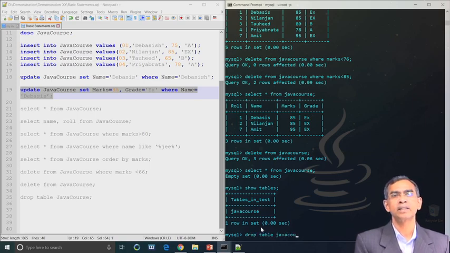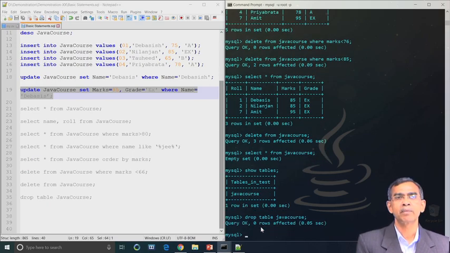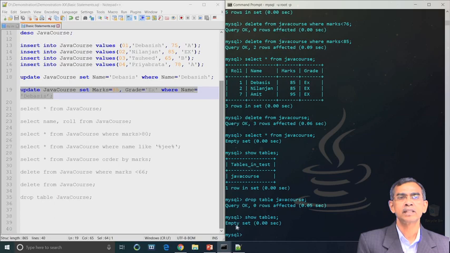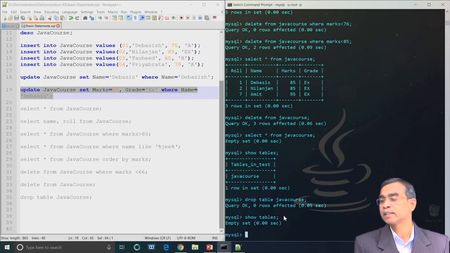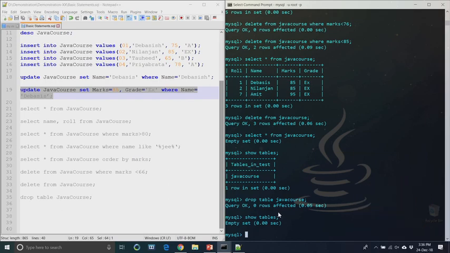Now, the entire table also can be deleted, whether it contains data or not, it absolutely does not matter. For this the command is drop table, followed by the name of the table. So, this one completes it. Now, if we show tables, as you see there are no tables in this database. Now, the database also can be deleted, as you have the current database test.